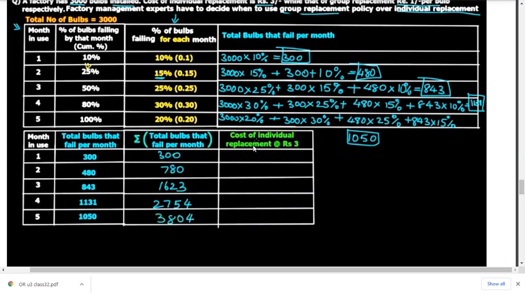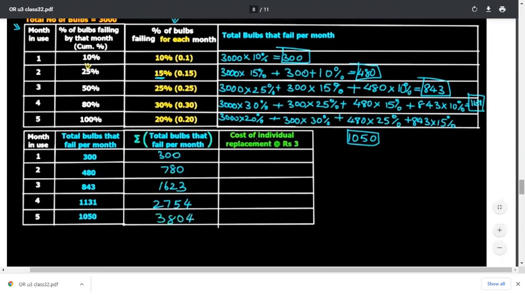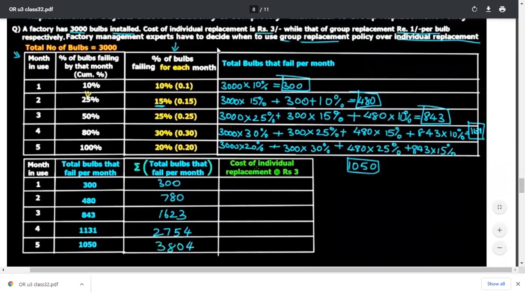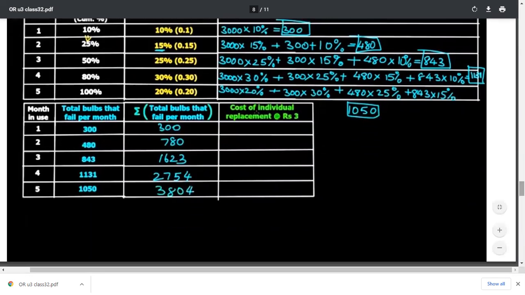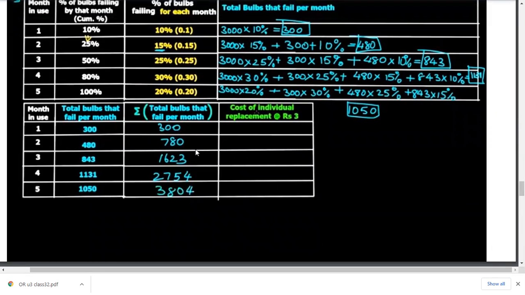And next, cost of individual replacement bulbs at the rate of 3 rupees, because in this problem the individual bulb replacement cost is 3 rupees, and the group replacement cost for each bulb is 1 rupee. We take it like that because we would like to compare which is better, the individual replacement or group replacement policy. Since each bulb costs 3 rupees under individual replacement, we take for the first month 300, second month 780, third month 1623, fourth month 2754, and fifth month